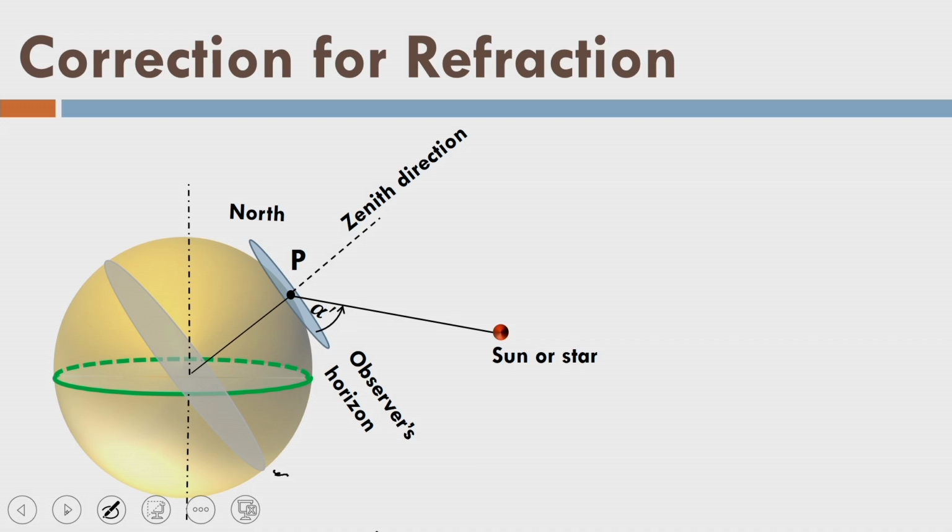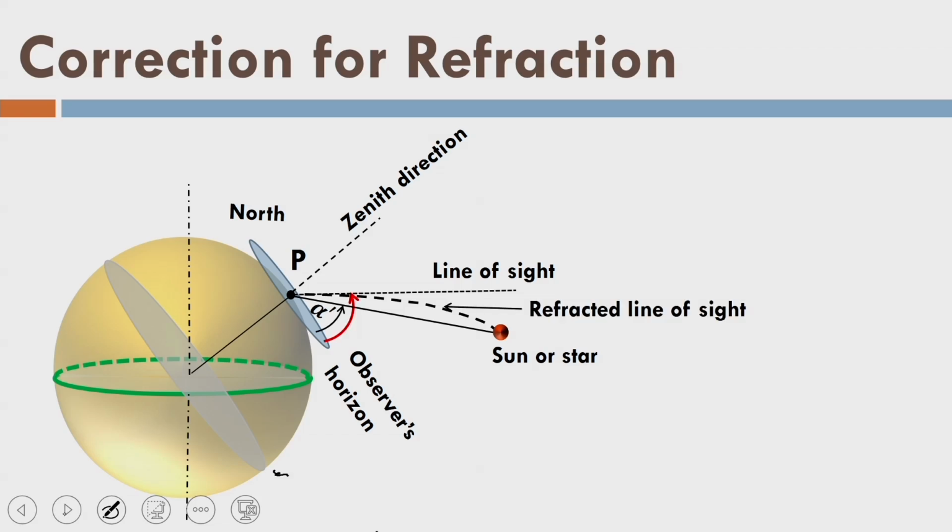But because of the refraction in the atmosphere, the rays which are coming from the sun travel along a curved path, and because of that I measure a higher angle. Let us see, this is the line of sight. Why? Because the line passing through my eyes, that is the line of sight, will curve down and reach the sun. So, this is the line of sight, right. So, as a result, at the point where I am observing the sun, my line of sight is tilted up, and so I measure this angle shown in red color called alpha, not alpha dash, and I need to put some corrections for that in order to find alpha dash, and that is the correct angle.